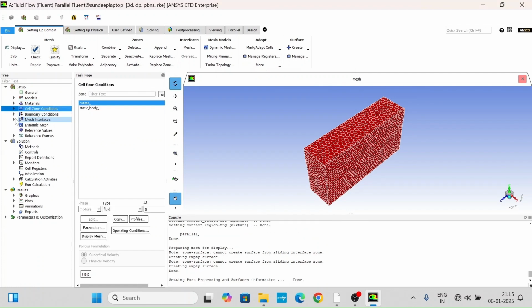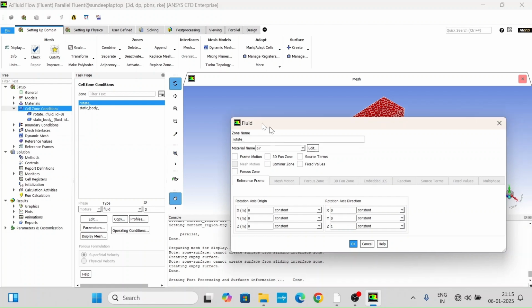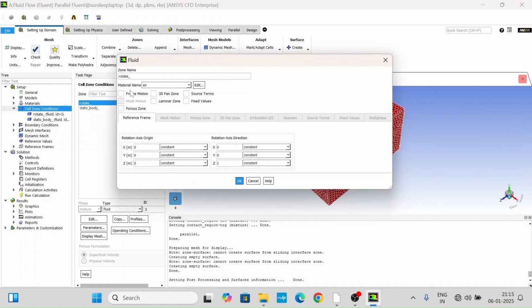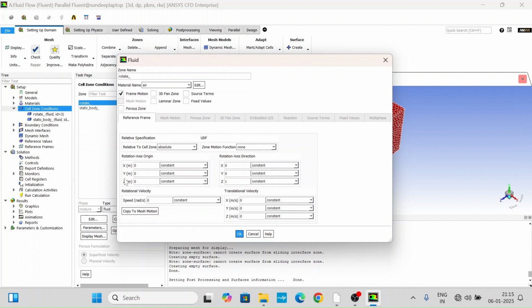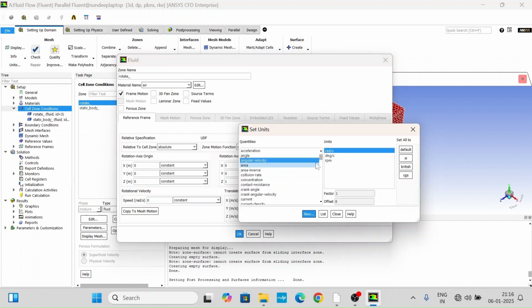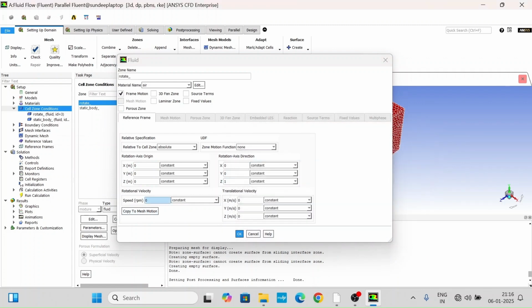So now under cell zone conditions, rotate, edit, air, material is air, frame motion about the Z axis, changing units from radians per second to RPM, angular velocity changed to RPM. Okay, close. Now we have RPM, so it is minus 8000 RPM. Actually 8000 RPM, negative indicates